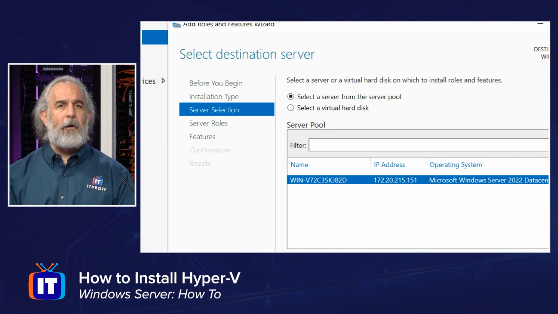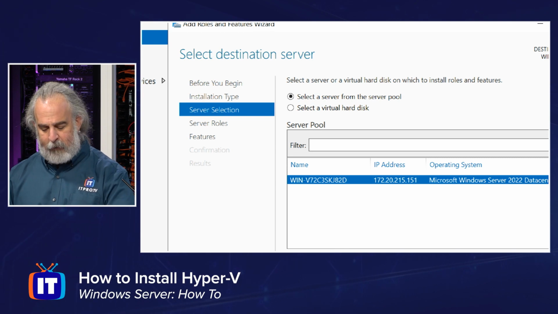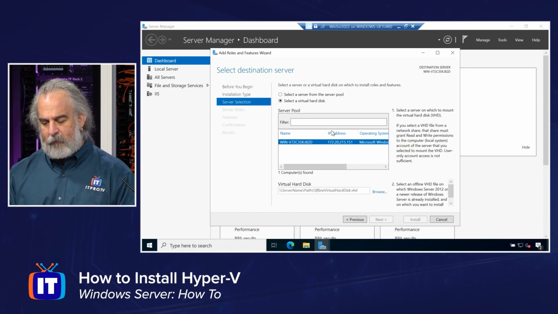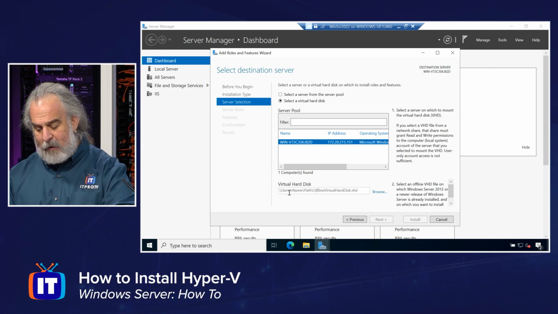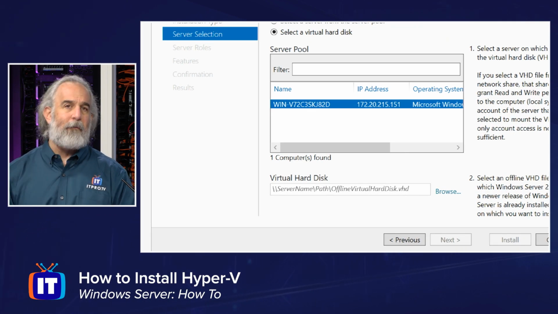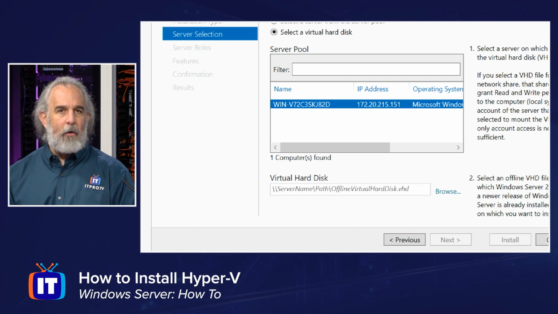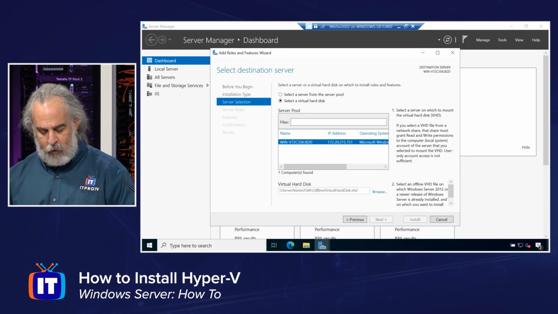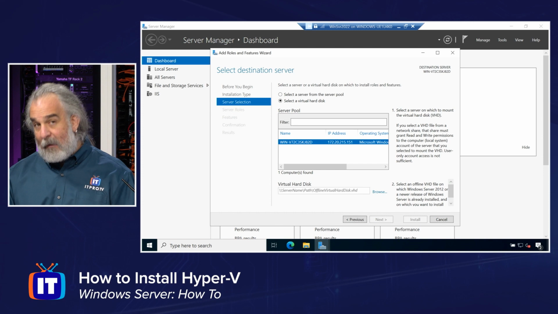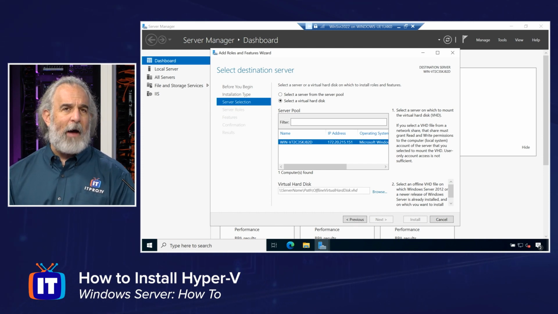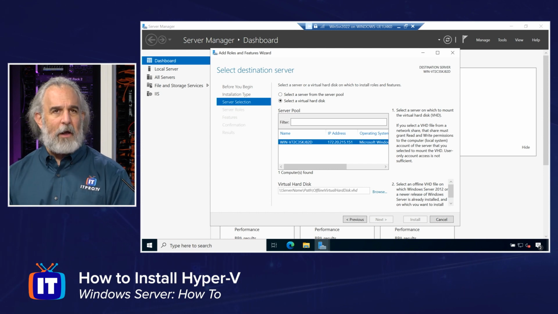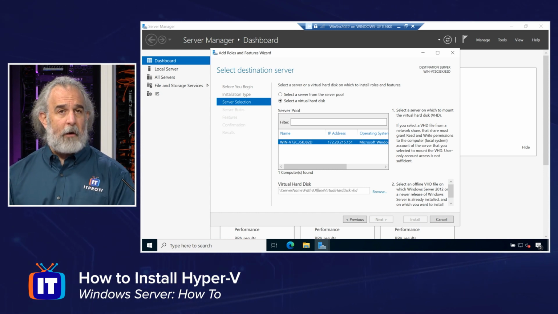And I have an option there to select a virtual hard disk and configure that if I choose to. I can select that. There's some additional steps I'd have to go through to work with it. And I do need to provide a path to where that virtual hard disk, that .vhd or VHDX hard drive will be found. And I have to be aware of that. Allowing me to pre-configure these settings in the VHD or VHDX file means when I attach and use that hard drive, it'll come up already installed and ready to go.